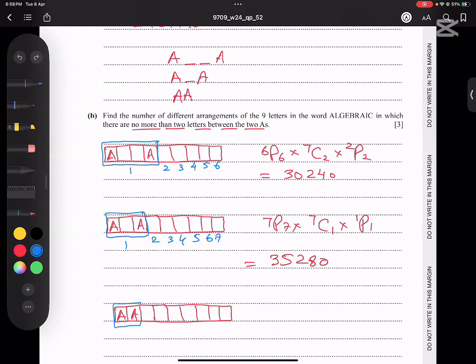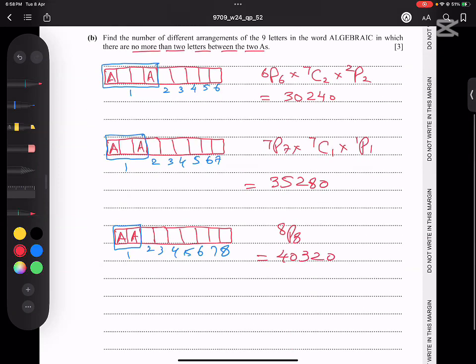If both A's are together, 1, 2, 3, 4, 5, 6, 7, 8. So 8P8, 8P8, that's it. Okay, so 8P8, if we check it, 8 factorial, 8P8, it turns out to be